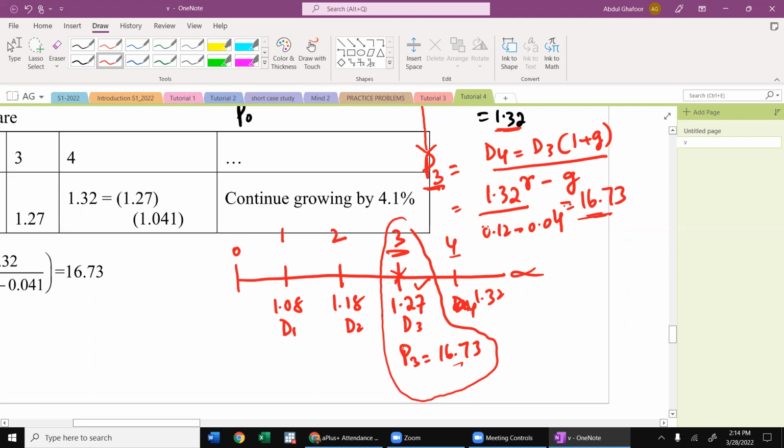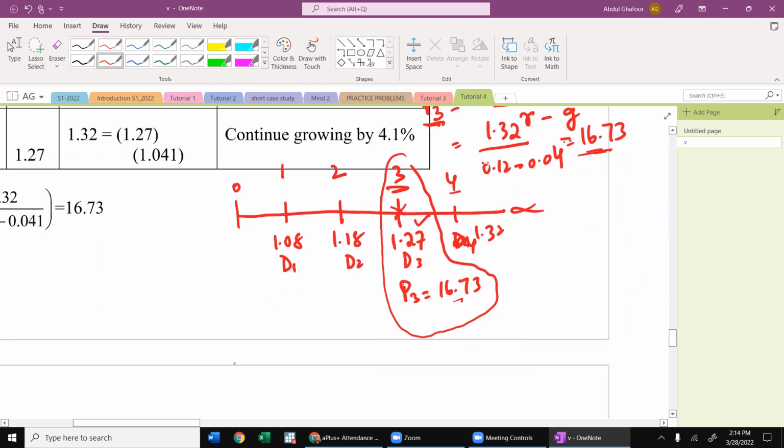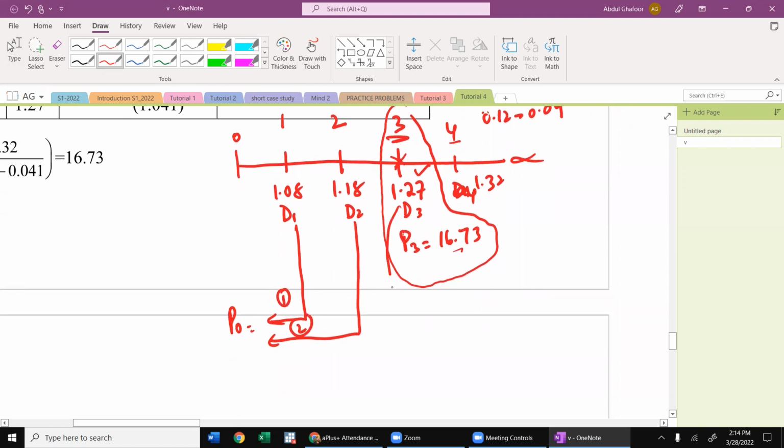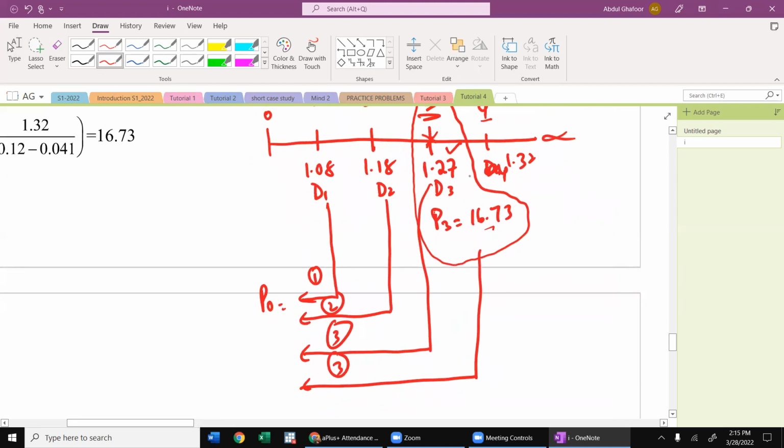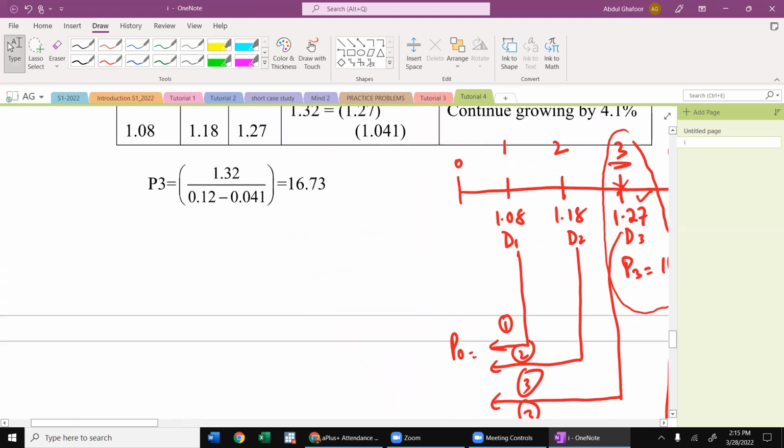Okay, so it means that from here now you will discount and calculate the price. You will discount this dividend for 1 year, this dividend for 2 years, and this dividend for 3 years. You will also discount this price for 3 years. If you add these two together, you can also do that, but as you can see from here,